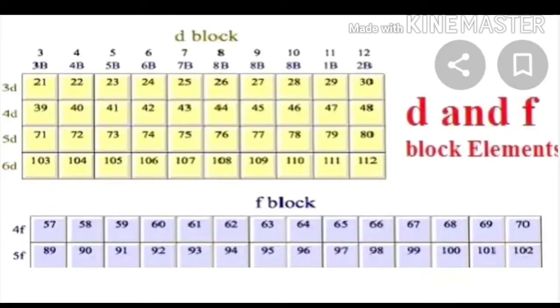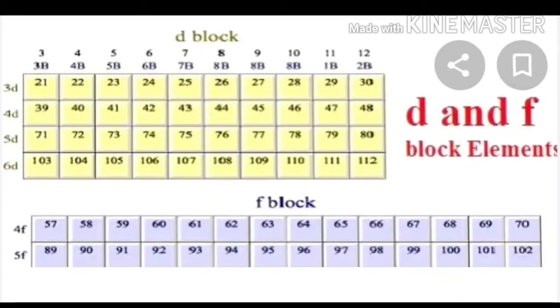The d orbital can accumulate 10 electrons in it. So in each period the total number of d block elements is 10. They are present in the 4th, 5th, 6th and 7th periods of the periodic table. The elements belonging to the 11th group are called coinage metals. For example, copper, gold, silver, because they have completely filled d orbitals. For example, copper.